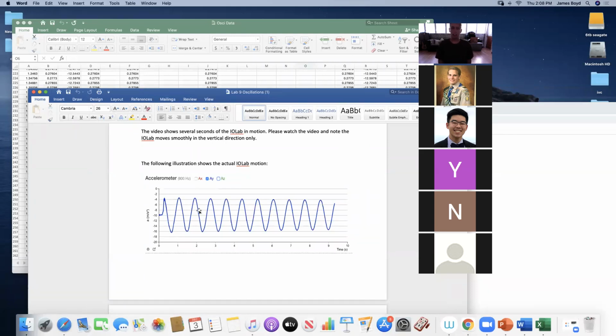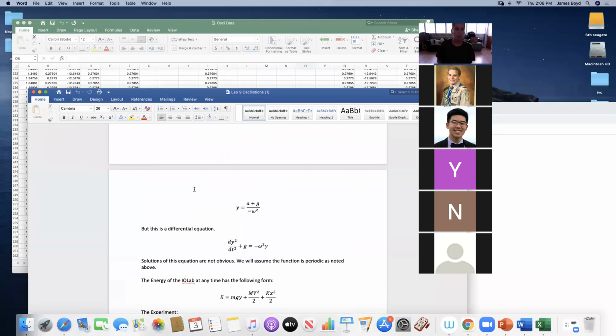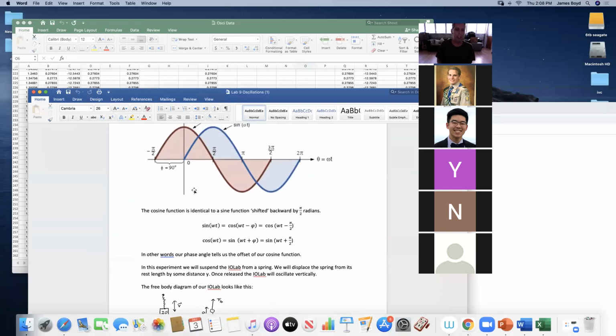Now let's stop and think about this for a minute. Anytime you have a sinusoidal periodic motion, the period goes from crest to crest. And what I want is the data of one period. So from this crest to this crest, I want that data. Once I have that, my ultimate goal is to get the